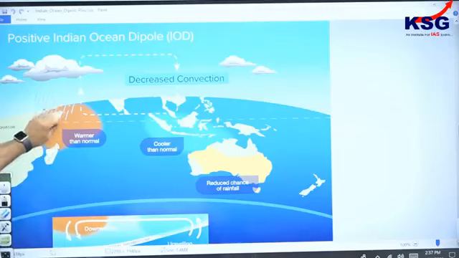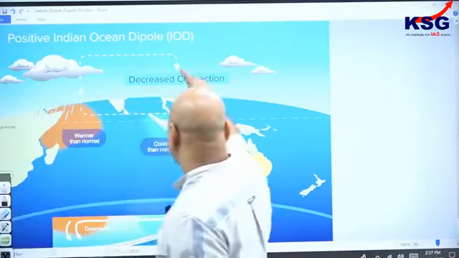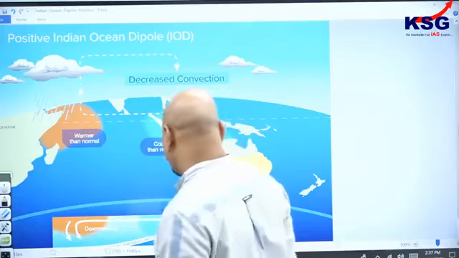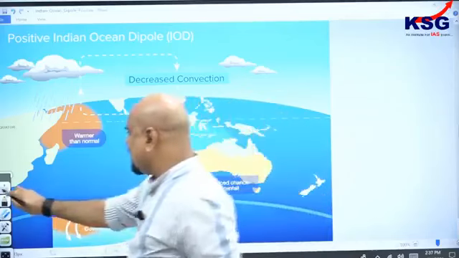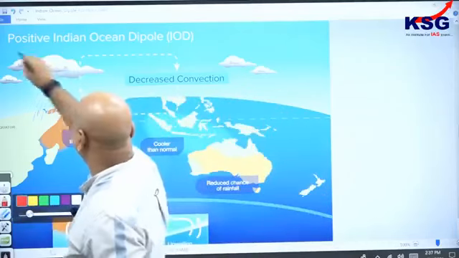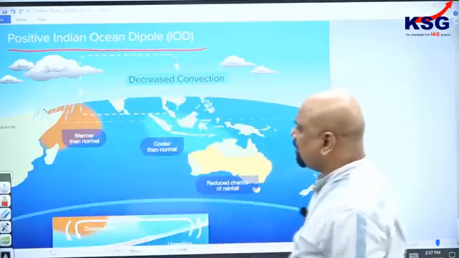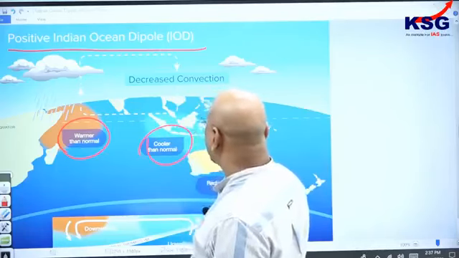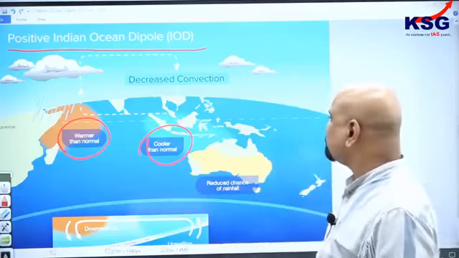In the positive Indian Ocean Dipole, this side that you see here is warmer than the normal. Due to this warming up, this region, the African side, will have more rainfall and an increase in convection, and it is cooler than the normal on this side. The right side will be cool, and this side will be warm. In case of the positive Indian Ocean Dipole, we have a warmer Africa side and cooler than the normal on the Indonesian side. Can you look at this?